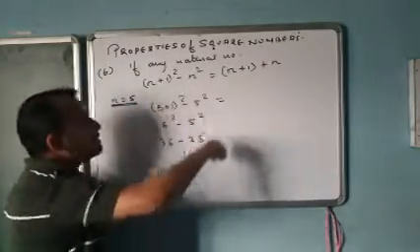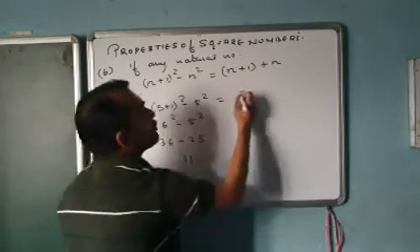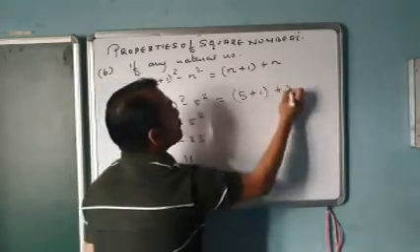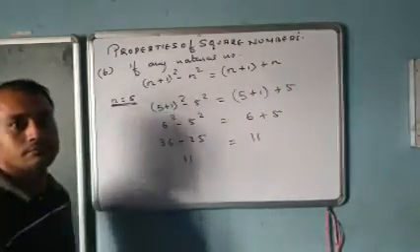Now, instead of finding the square, if I know this property, I know my n is 5. So 5 plus 1 plus 5. See here, is this 11 as well or not? So